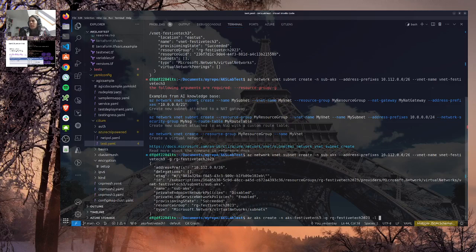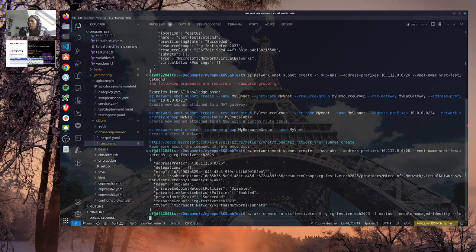The location, maybe: location East US. Then we need to specify the managed identity, and load balancer SKU, standard.